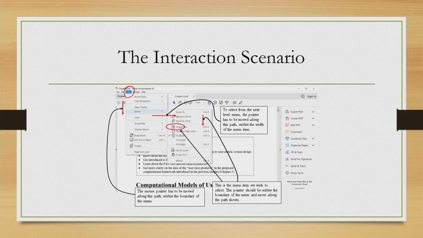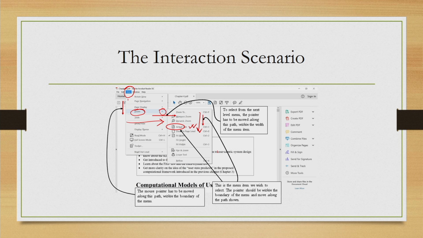items. Now, once we have reached a particular submenu item, that is the zoom item, then the mouse pointer has to be moved in a horizontal line in this way to come to this arrow symbol here. Once it is clicked, or in some cases once our pointer is on this item, automatically this next level menu appears, and in this next level menu we again have to make a vertical movement of the mouse pointer to reach the actual size menu option.